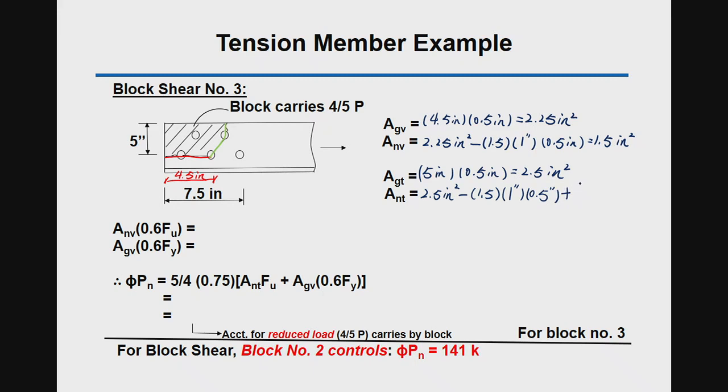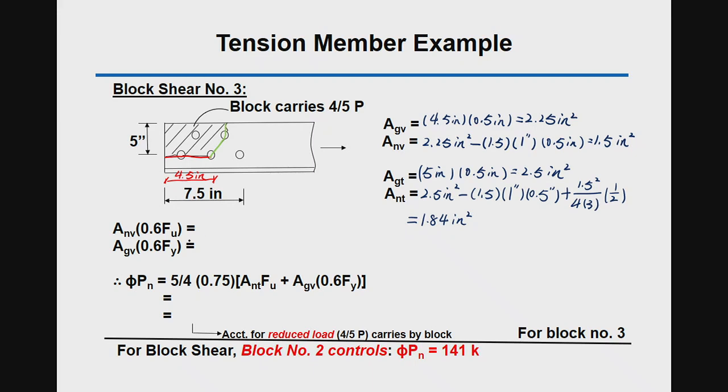So that's 1.5 squared divided by 4 times the spacing 3 inches, times 0.5 inch thickness. So ANT equals 1.84 square inches. Okay,